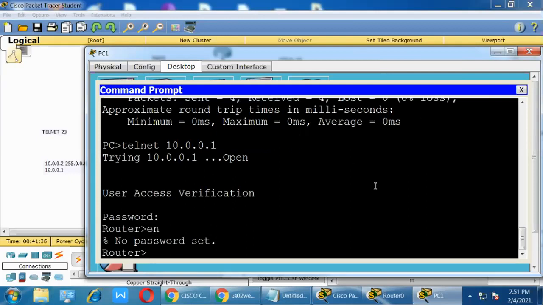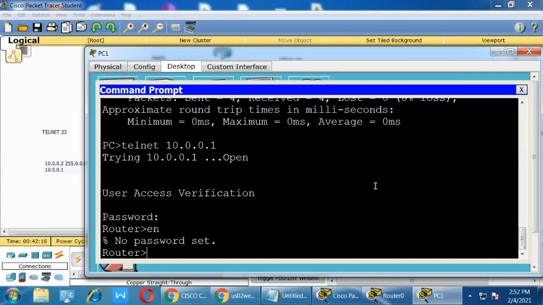Yesterday I told you, remember? Between user mode and privilege mode we have security, and that security has a password. In the corporate world, most people are not accessing the device physically. You want to check the configuration and routing, whether a route is available or not. So most of the work is checking, and that is the reason it provides user mode. Anything you want to configure, security is available.